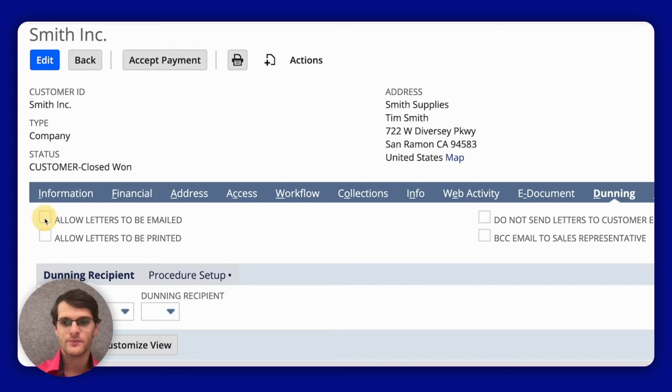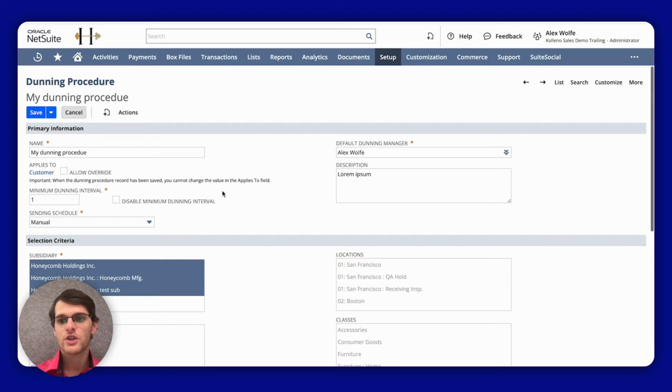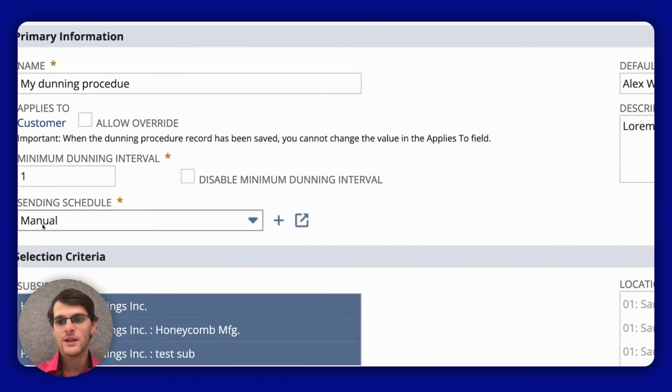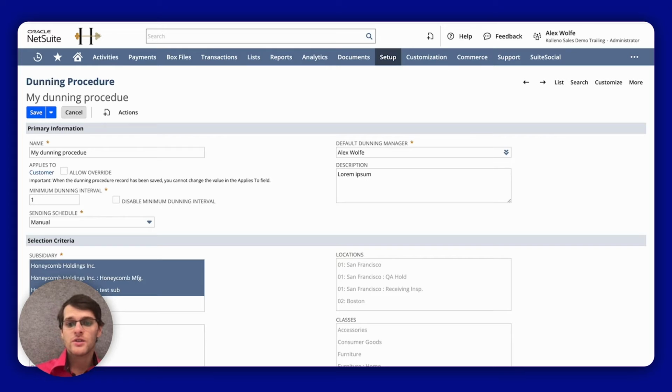checked. On the Dunning procedure, here, you will need to make sure that the sending schedule is set to manual, not automatic. You also need to make sure the allow individual invoice level Dunning box is checked to send individual email notifications for group invoice. Sorry, I had forgotten that one. The Dunning letters will remain in the queue until the email is sent or until you remove the record from